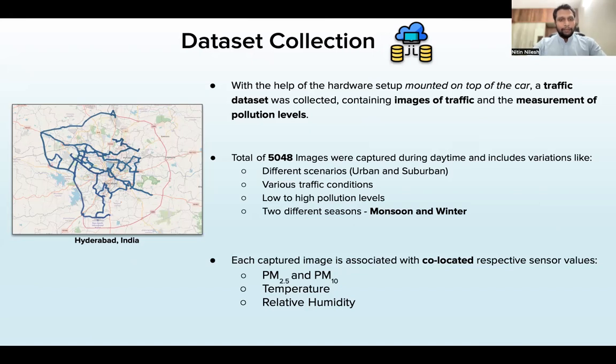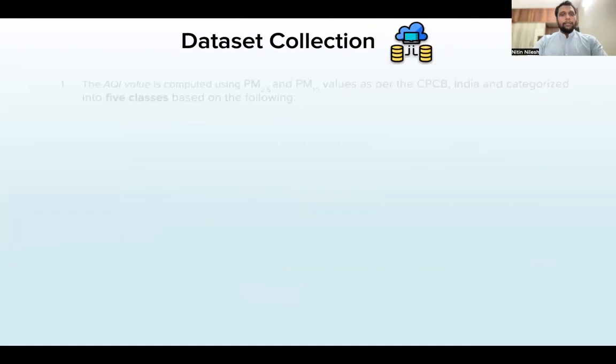And each captured image is associated with co-located respective sensor values. So when we say co-located, for each of the images, we have the corresponding PM 2.5, PM 10, we have the temperature, and we have the relative humidity. Okay, so